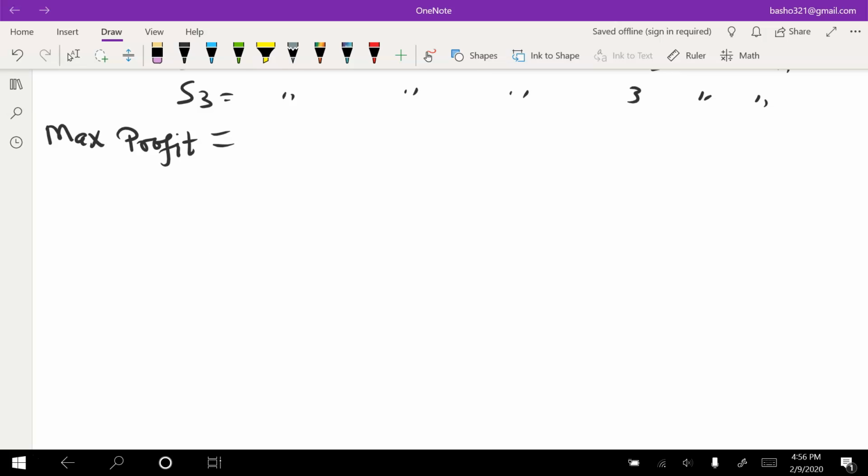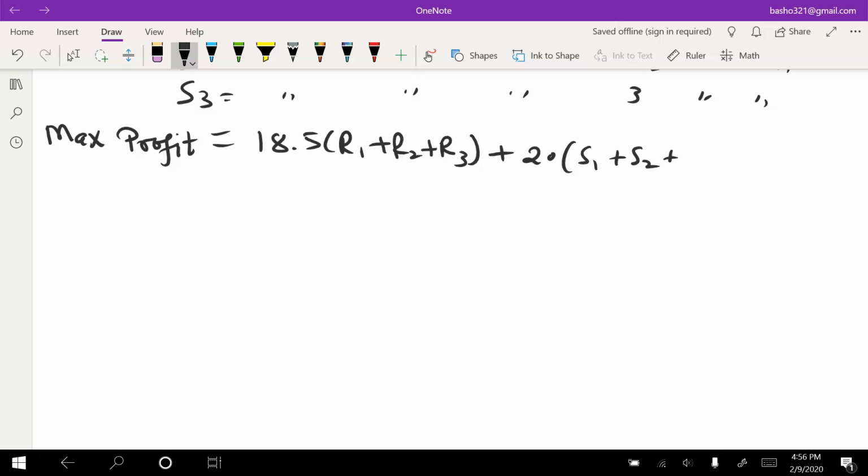Profit is going to be 18.5 times R1 plus R2 plus R3. Also, revenue from the second source is 20 times S1 plus S2 plus S3, minus the cost, 16.5